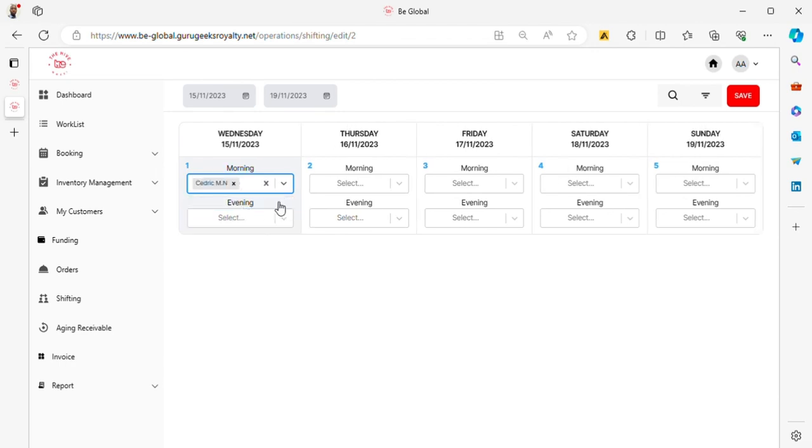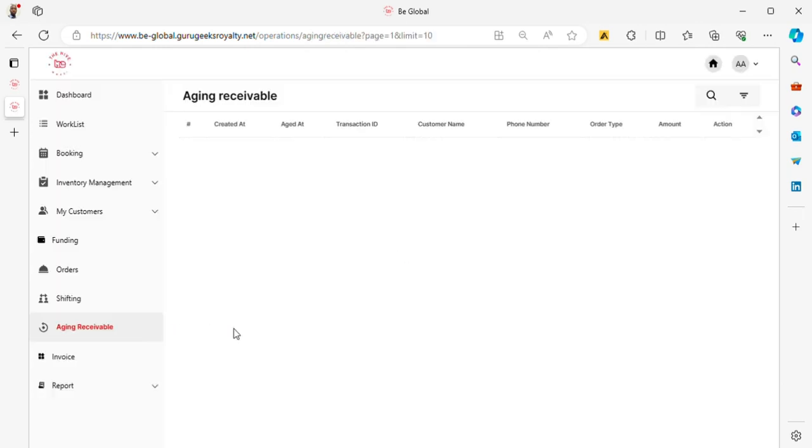So Cedric is going to work in the morning, and I can just add every other member here from Monday through Friday to create a shift roster, and then I save it for our other operations people to at least track, and then the staff members as well. And you have a calendar tab here to select which particular date you want to create a shift for. And also you have aging receivables as part of your module here,